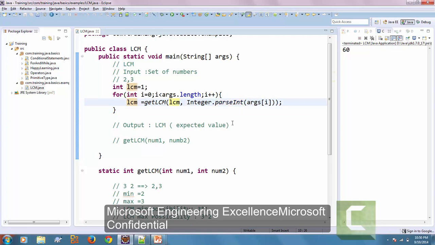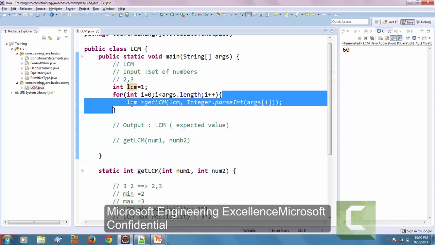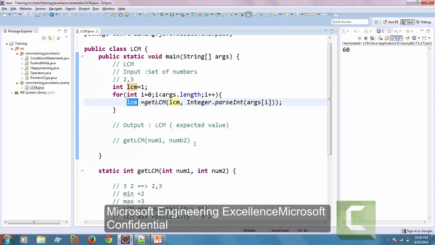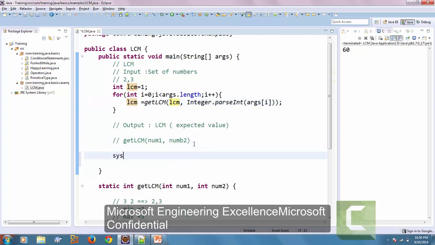So with 1 and 2, I will get 2, right? Now I will pass 2 and 3, I will get 6. That's the end of the loop. The final result I have to print: the LCM is